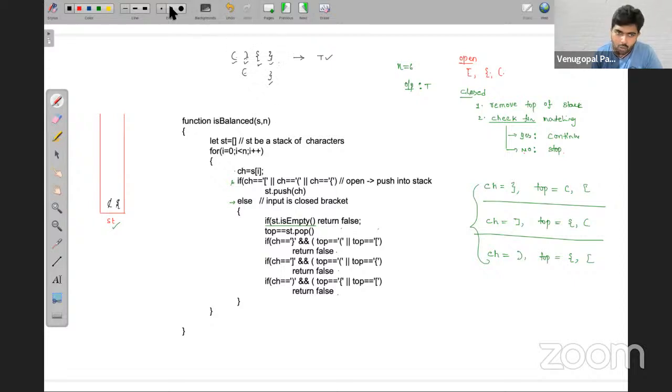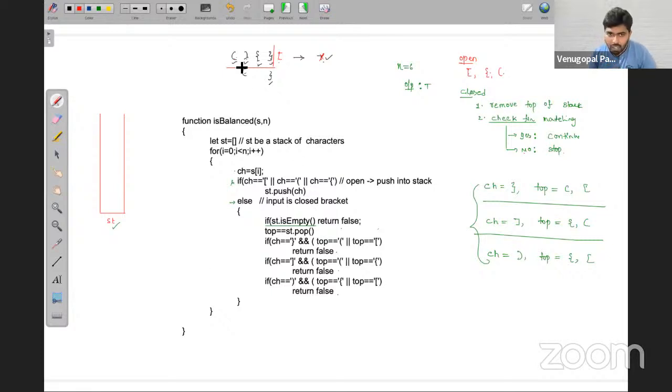Now, is there any next element? No element. By the time our scanning of the expression is completed, is my stack containing anything? Once I finish the expression, if it is balanced, then my stack is empty, friends. Please note this point, I am repeating: if the expression is balanced, by the time you finish the scanning, the stack becomes empty. Now I will take one more case, where I keep one open bracket at the end. Now tell me, what is the output?